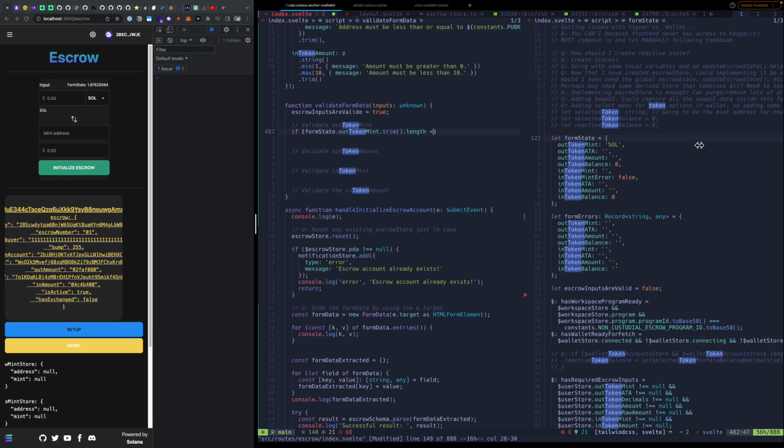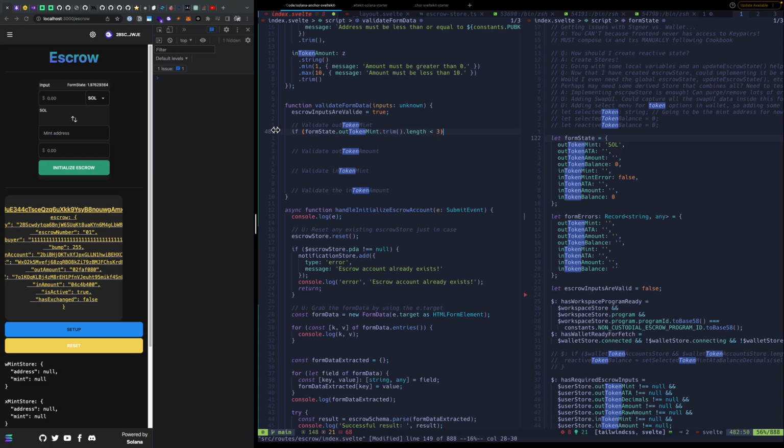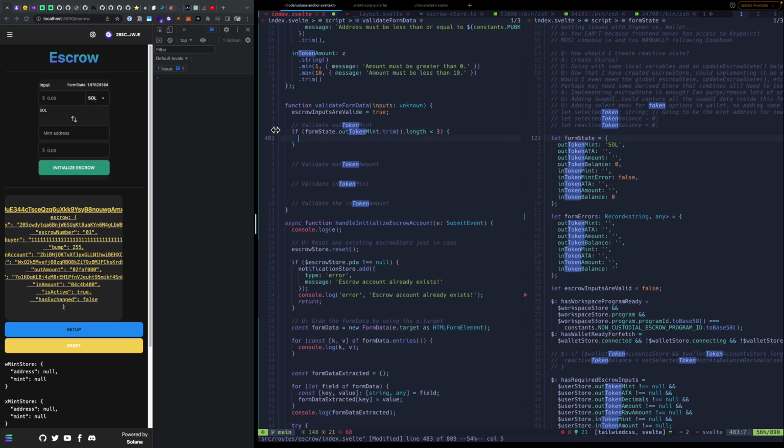It should be like if it's less than 3, I'm just arbitrarily saying. I'm trimming this, but the actual value behind the scenes